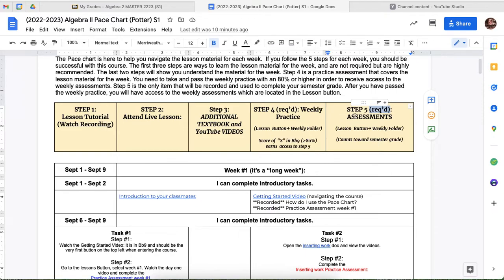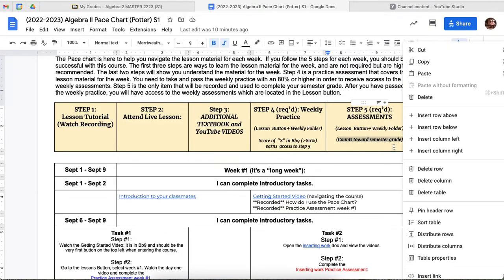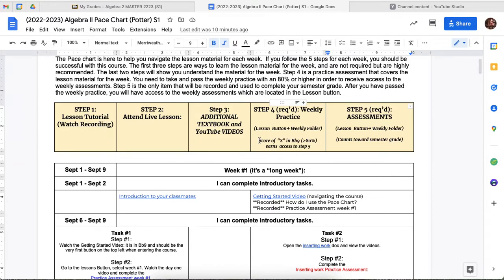And it's step 5 assessments that count towards your grade. Okay, so this counts towards your semester grade. Step 4 doesn't count towards your semester grade. This is just practice, but this prepares you to do well in step 5. Okay, so going back to